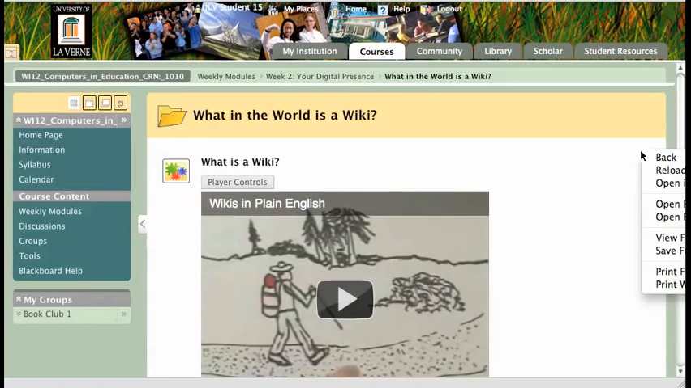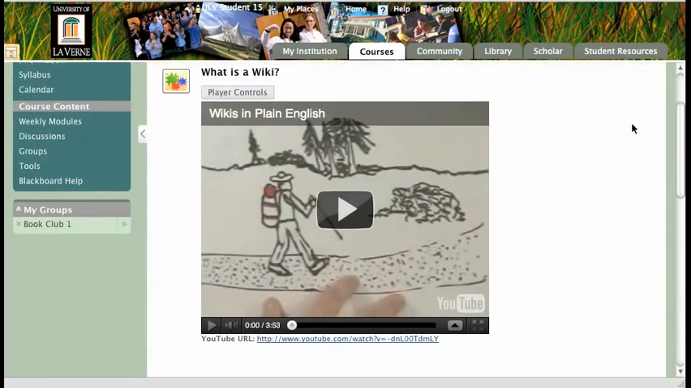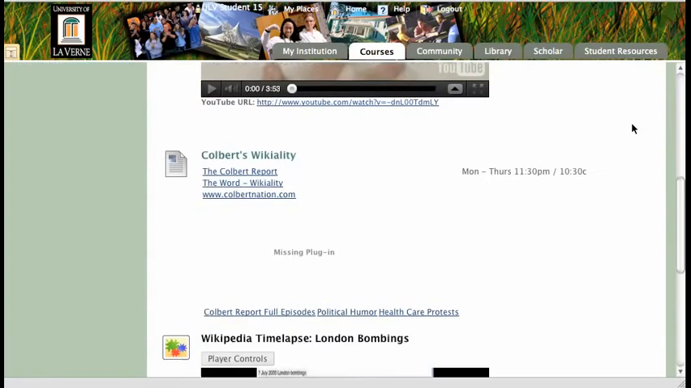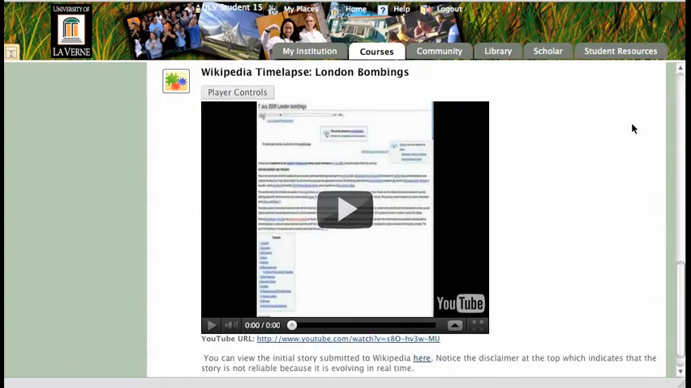This folder just has a couple of videos that will help you understand what a wiki is. This Wikis in Plain English at the top is definitely your best overview of what's on here. Colbert is kind of fun. And then this time lapse can give you a sense of what it looks like when people are editing new